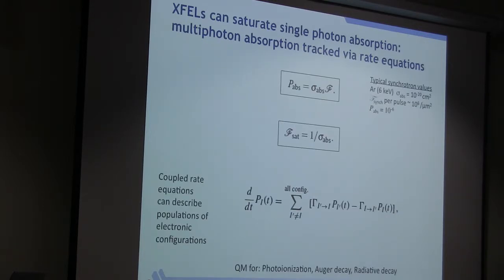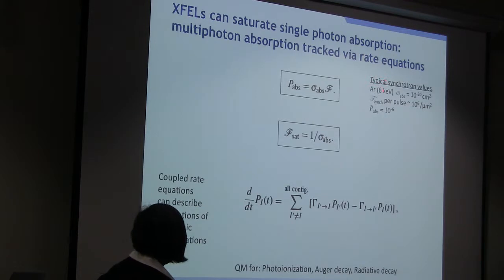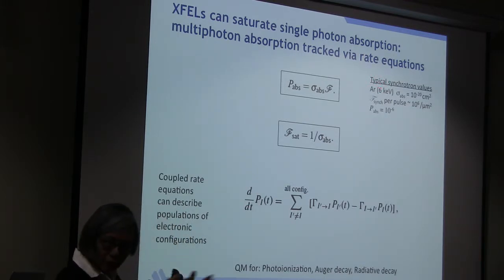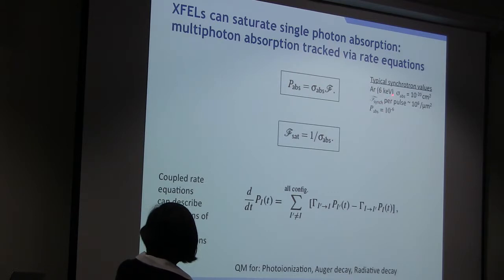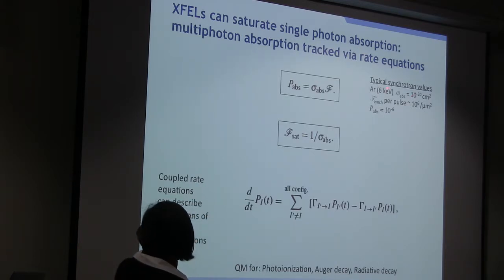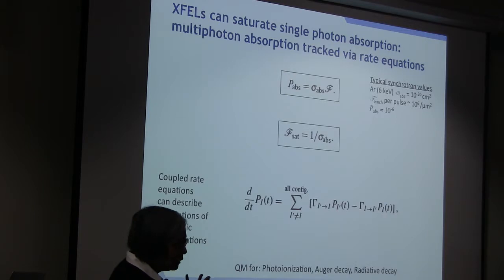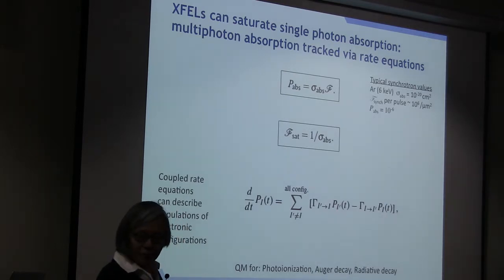So what's going on with the X-FELs? Basically, they can saturate single photon absorption. A typical synchrotron pulse might have about 10 to the 6 photons, and you might focus it down to a square micron or so. For argon at 6 keV, you have a certain cross section. The probability of absorption is the cross section times the fluence, and that's on the order of 10 to the minus 6, a very small probability. But at the XFELs, 10 to the 12 photons per pulse can easily be focused down to